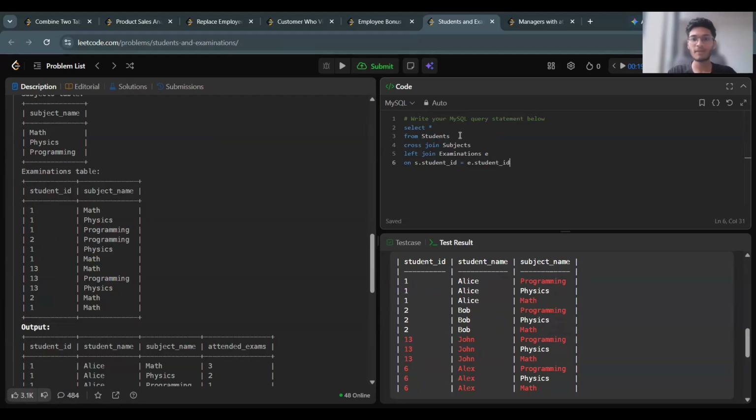Okay, let's say I'm giving the students table the alias S. So S dot student ID is equal to E dot student ID. And let's say the subjects table alias is SUB. So this is clear. Now, once we do a left join on this particular thing, now what we have to